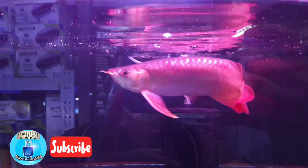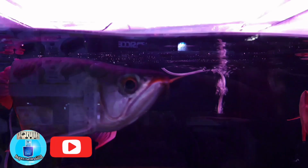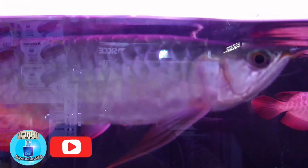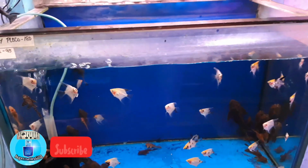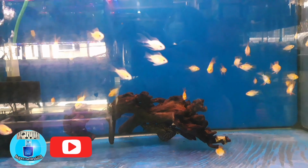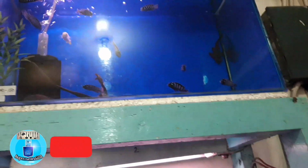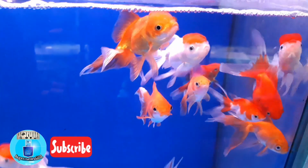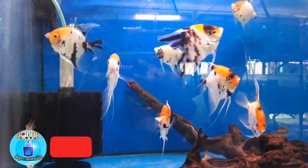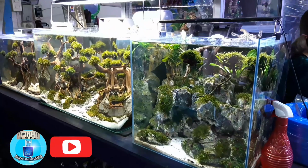She's somewhat floating in the air, and their nature is jumping out of the water, so you really need to have a big aquarium for that. And here are some cichlids and angelfish, more baby angelfishes. They do have rams, so cute, and more cichlids. Here are beautiful goldfish and tricolor angelfish, and landscape is what we have on this shop